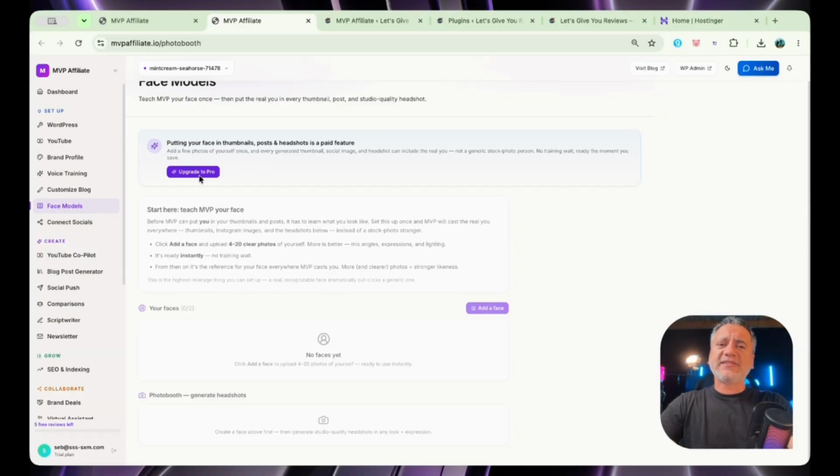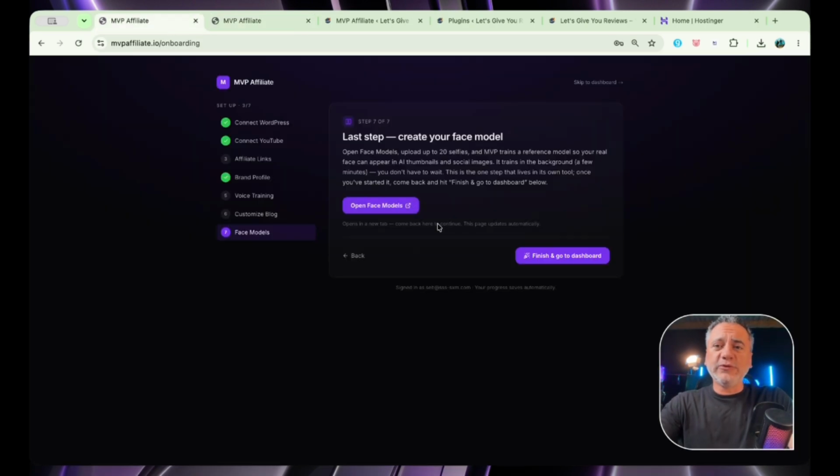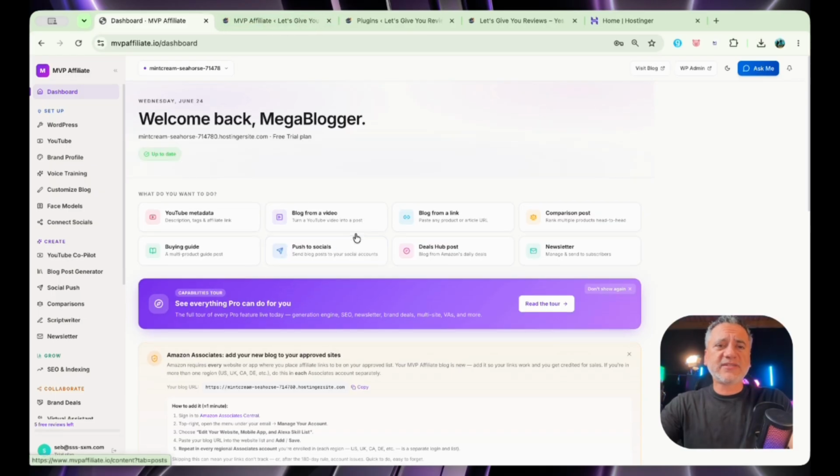Obviously right now, as you can see, I've not upgraded to Pro, and I will be upgrading to Pro in just a second, obviously, but this is a Pro feature as well. You can use it for your first 5 blog posts without using Pro. You can do free trial without the face, of course. So for now, we're going to finish and go to dashboard. Just like that,